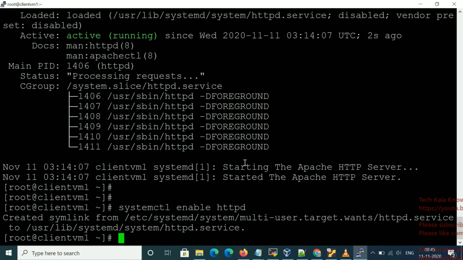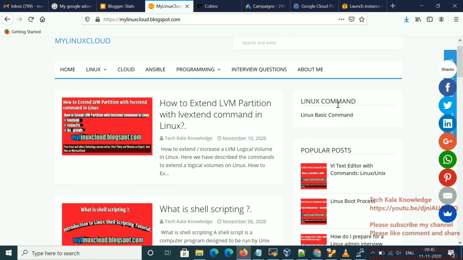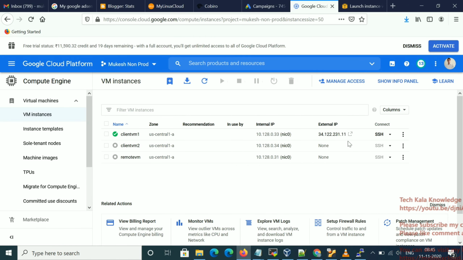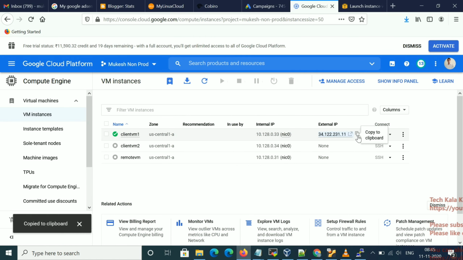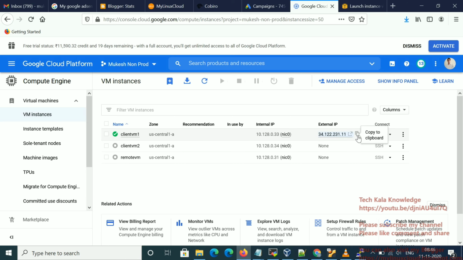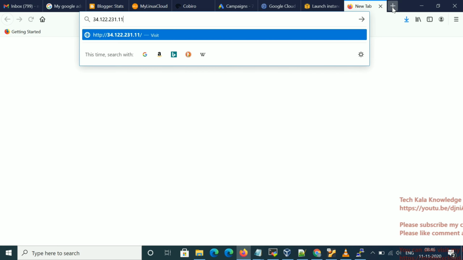So now we have to check whether httpd is really working or not. How will we check? This is my cloud VM, so I'm taking the external IP. If you have VMware or VirtualBox, then you can take the IP, or else you can use localhost, because if you use your hostname it will not work, since you have to resolve it. So a better practice is to take your IP or use localhost in any internet browser like Google Chrome or Mozilla.